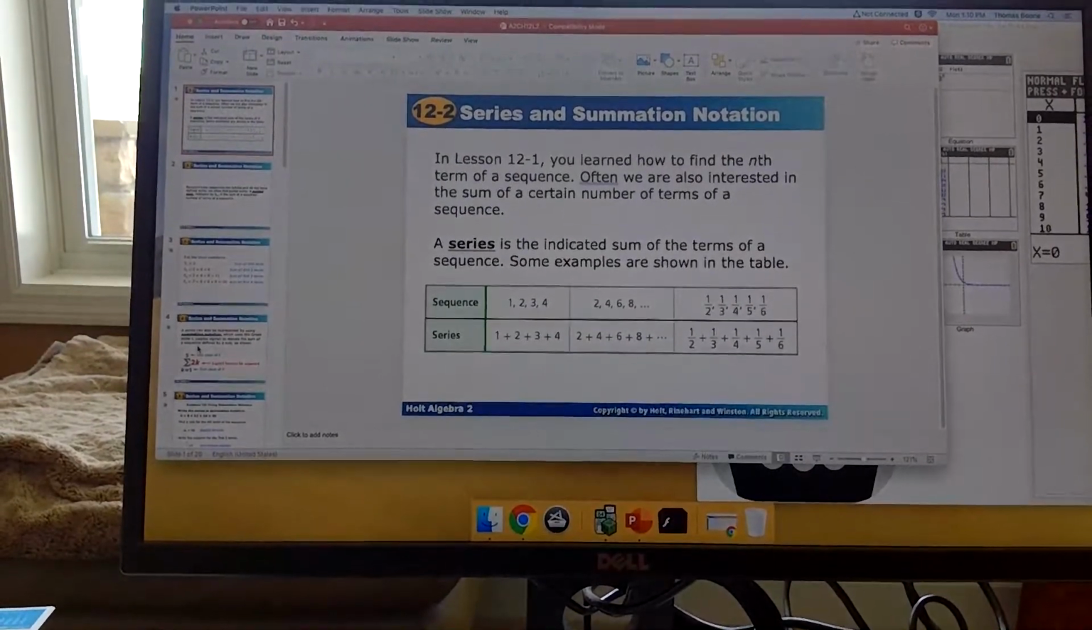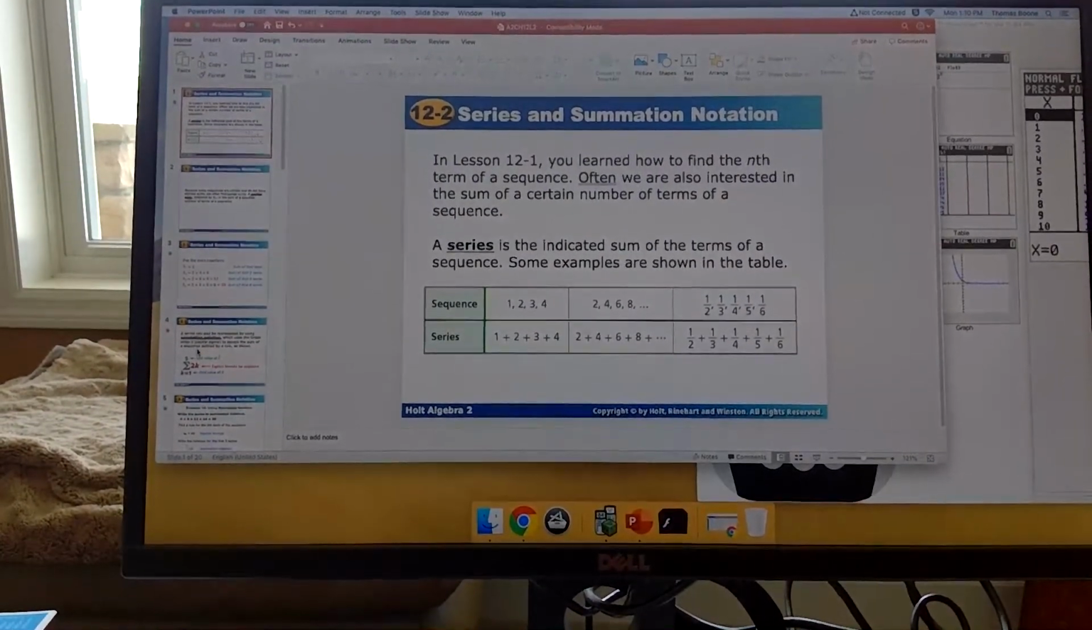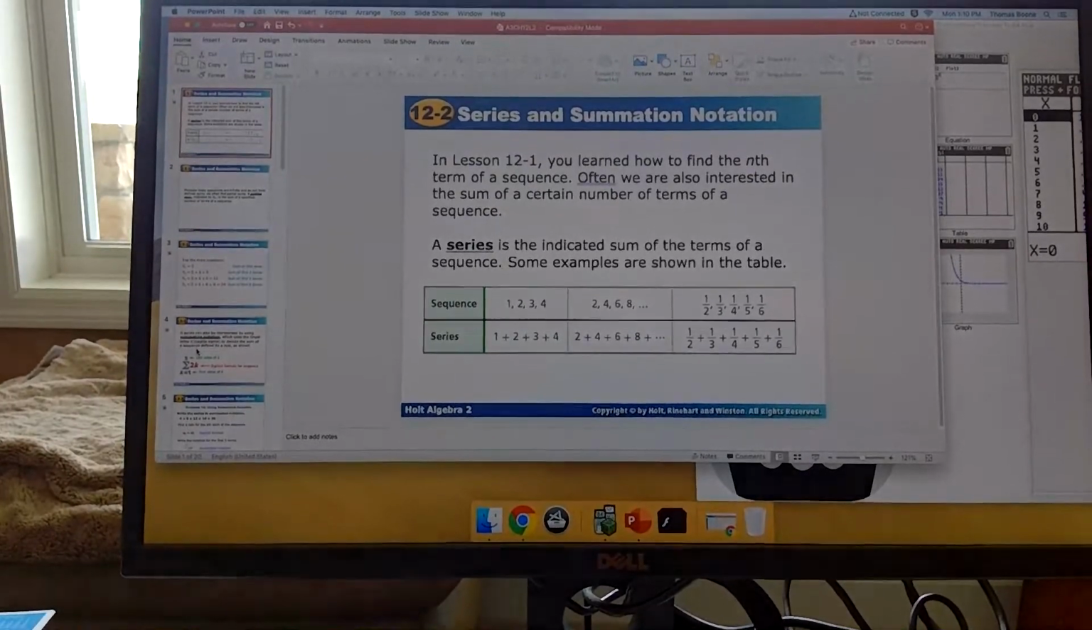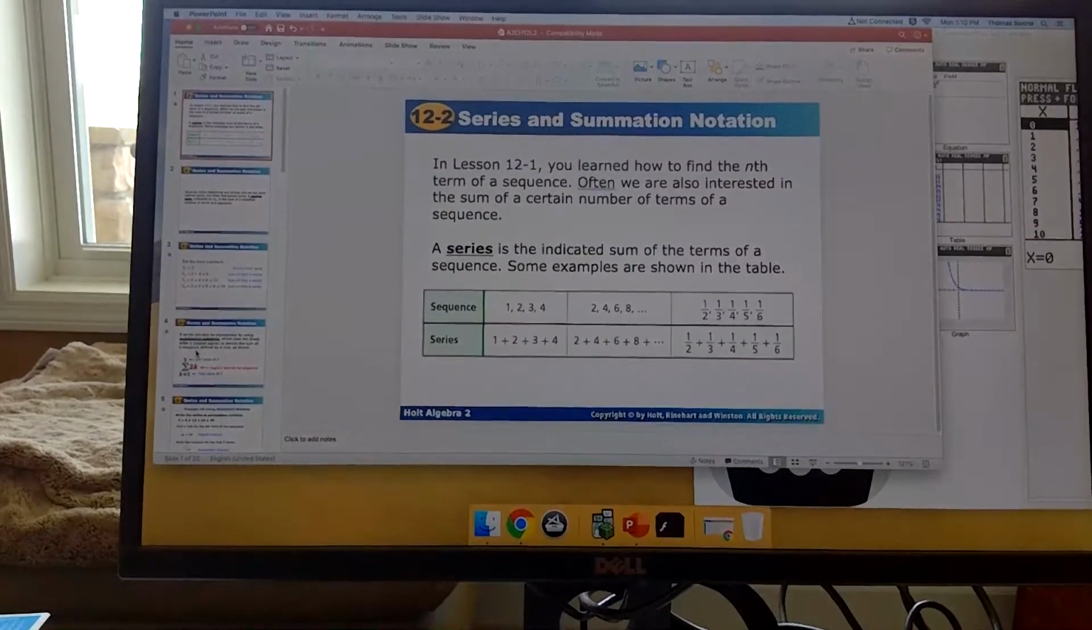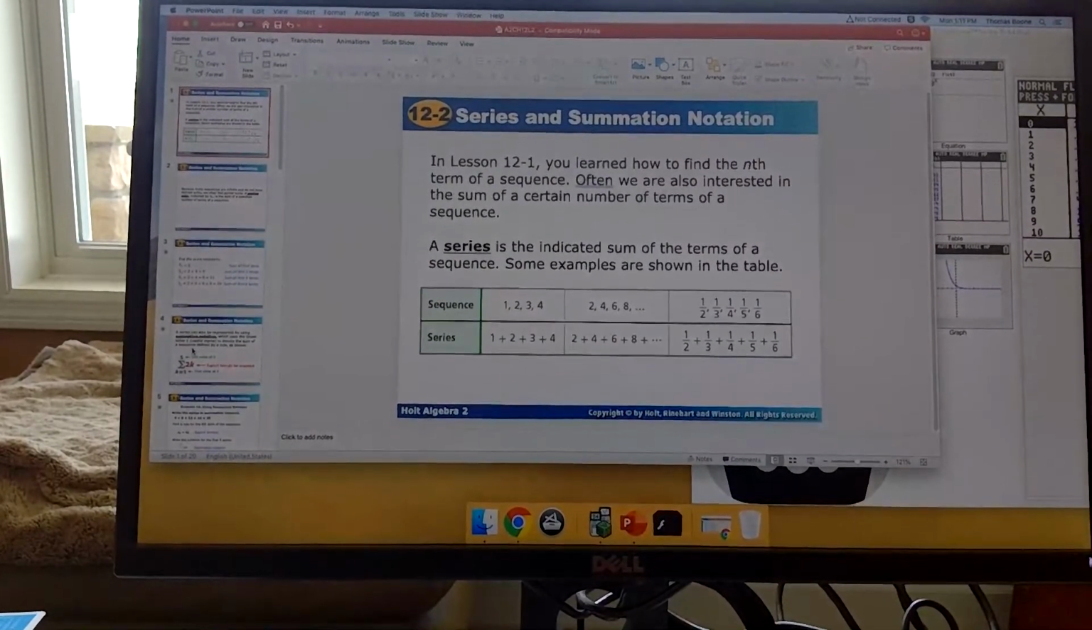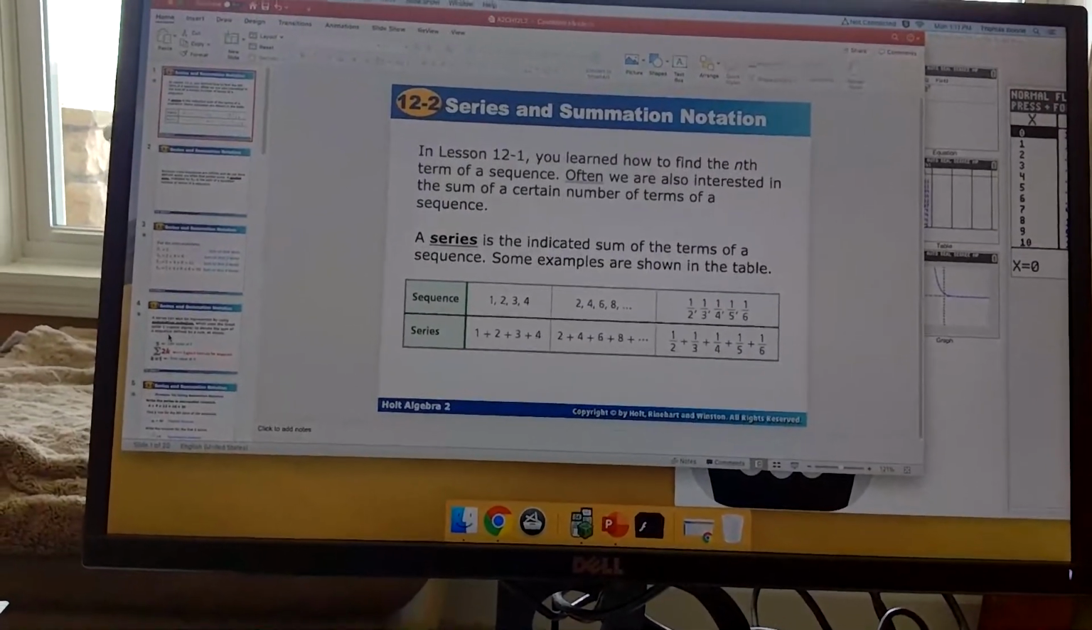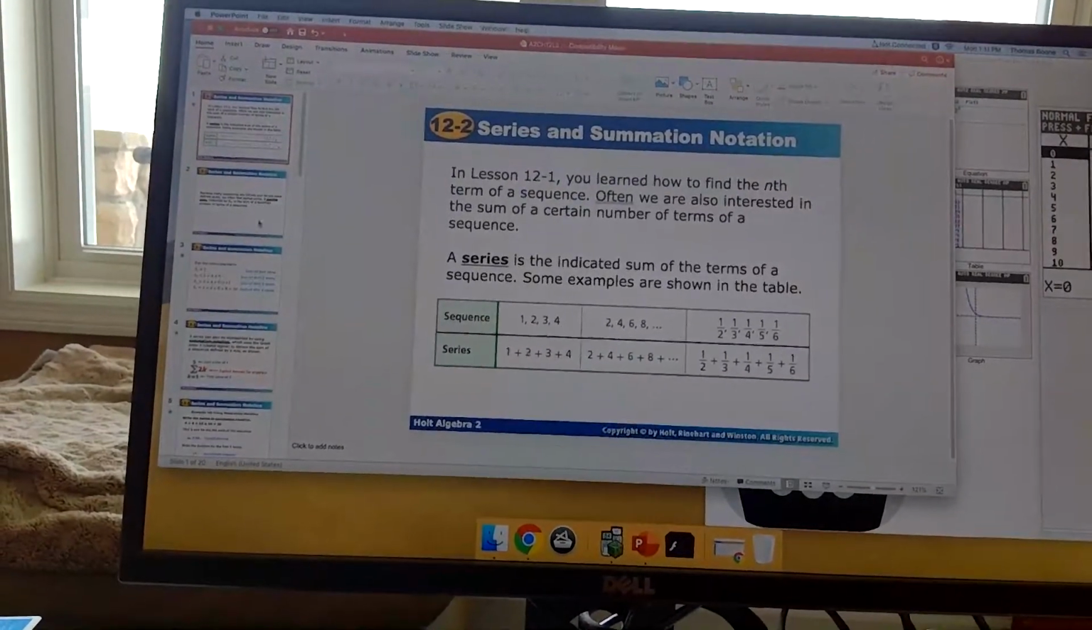Okay, guys, we're back here for 12.2. In lesson 12.1, we learned how to find different terms of a sequence, and that's just a list of numbers. Now, when we get into series, it's the sum of those put together. So we're going to be looking at the sum of the numbers that we have, and again, we'll indicate that